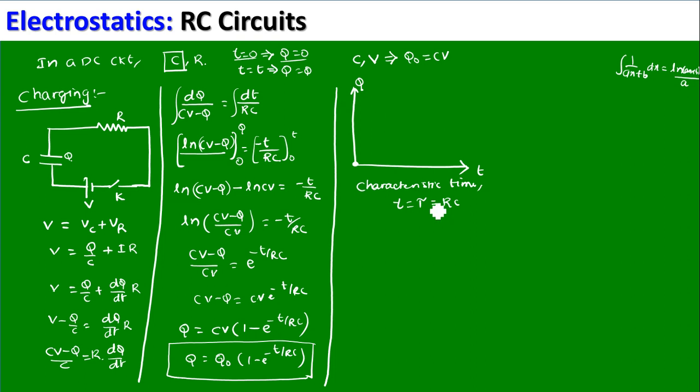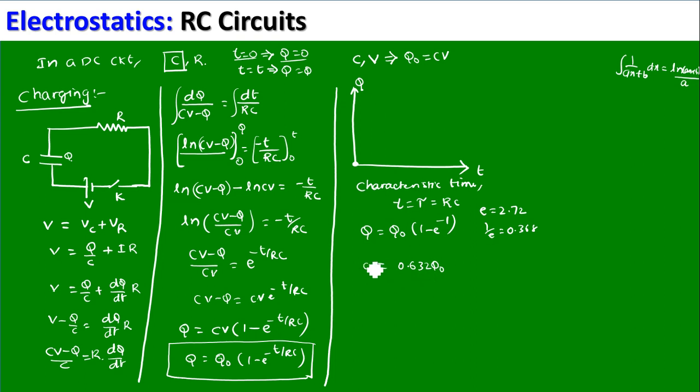This is also called a time constant. So if you substitute that in this equation, then you get q is equal to q naught into 1 minus e power minus t by RC; t and RC are the same, so you'll get 1 there. Generally the e value is equal to 2.72 and 1 by e is equal to 0.368. So if you substitute those values here, then 1 minus 0.368 is nothing but 0.632